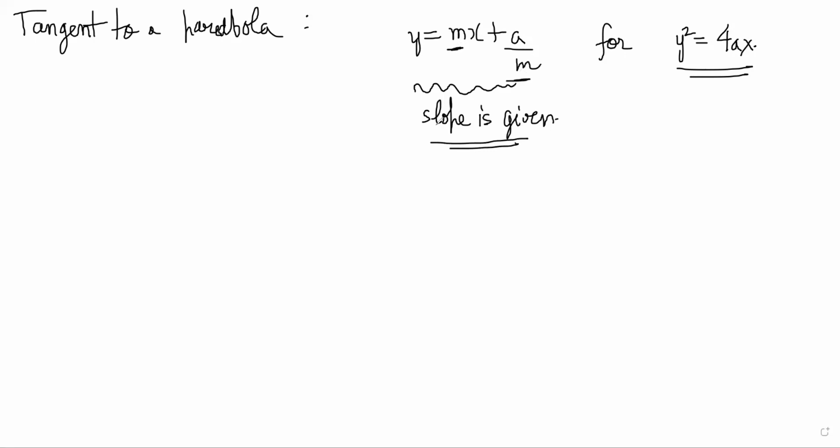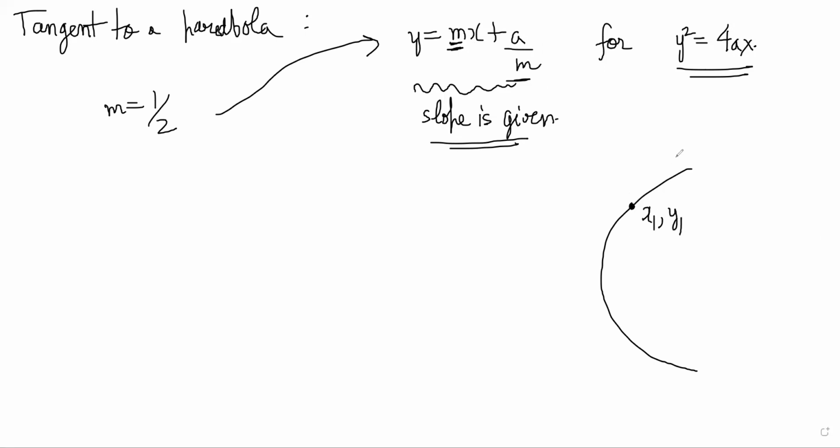Obviously, not always will you be told to find the tangent with a given slope. If someone says find the tangent to this parabola with slope m is equal to half, then I should use this result because one variable is known. You just say mx plus a by m will be the tangent. But if someone says find the tangent to a parabola at a particular point, let's say x1 comma y1,